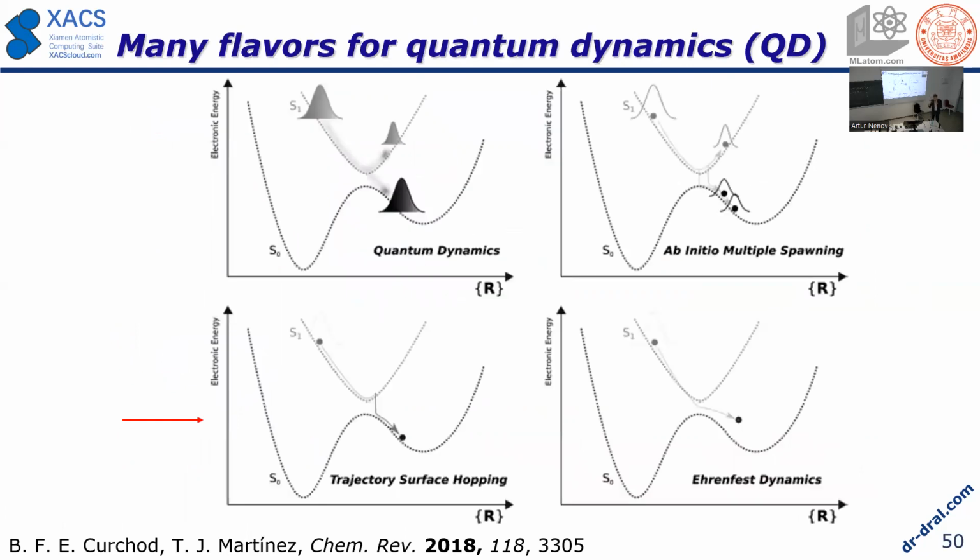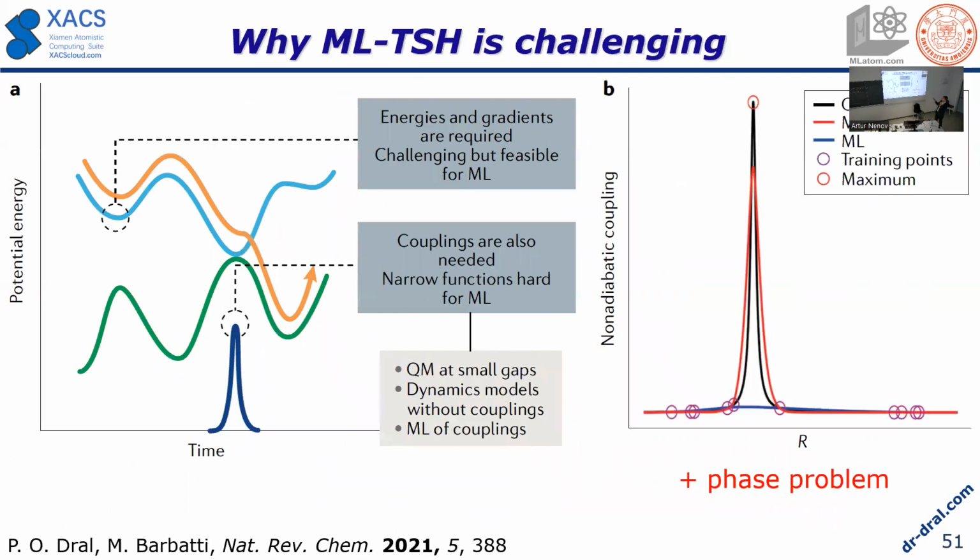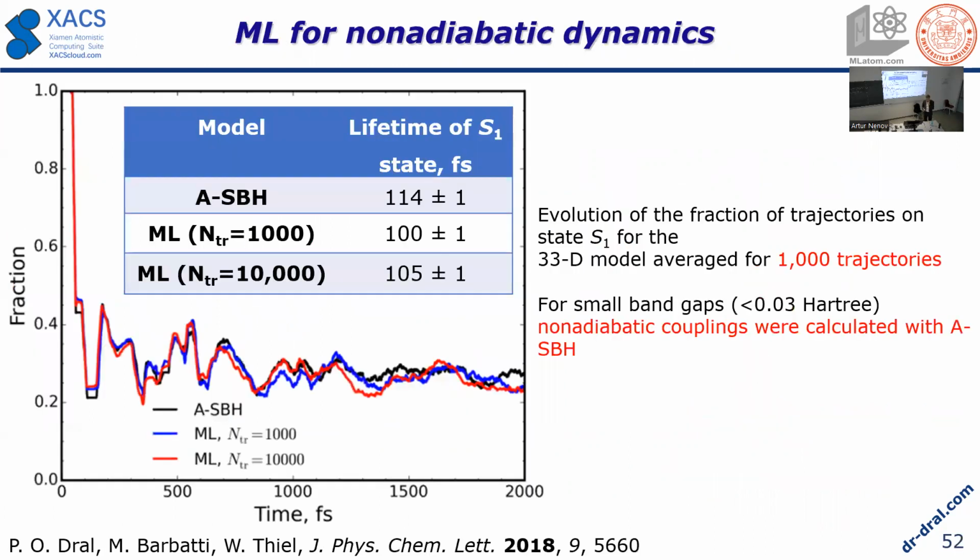And here, another topic, which is closer to what is presented in this conference, is trajectory surface hopping. So you can apply these models to do trajectory surface hopping, right? And here the additional problem is that it's more difficult to learn these surfaces to get the gap correctly. Also, nonadiabatic couplings are difficult to learn. If you have a low-dimensional system, it's easy to learn the couplings by including the points where you know they are fine. But in general, for organic molecules, which are bigger than simple low-dimensional systems, it's a challenge.